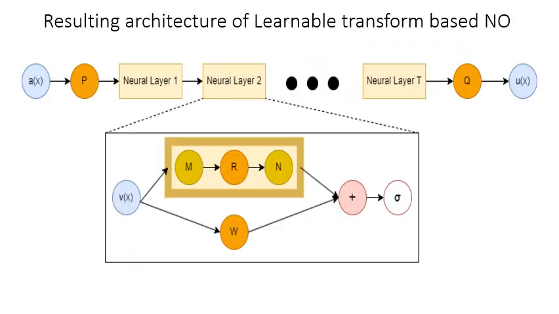To summarize, we replace the non-parameterized Fourier or wavelet transform F or W and its inverses with parameterized linear transforms M and N, and R is a real tensor as against FNOs and WNOs, where R is a complex tensor which is parameterized.